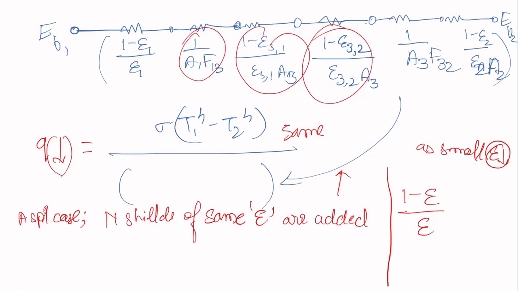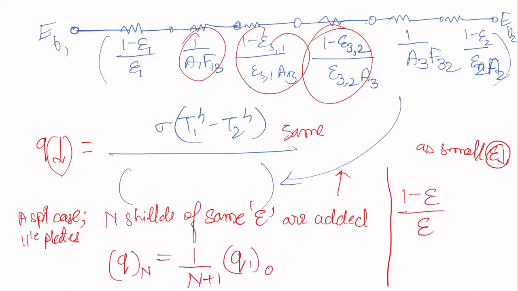And the view factors, in the system of parallel plates, are 1. You can try to solve and derive this particular formula, where the net effective flux of radiation after adding n sheets will be 1 by n plus 1 times Q without any shields. So you can try to derive this formula, or else you can ask me on the WhatsApp group.